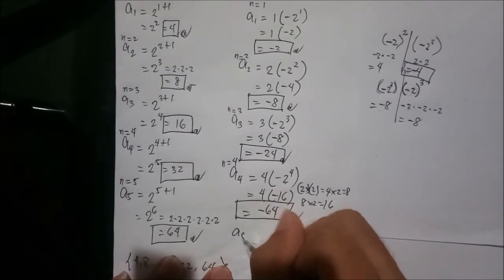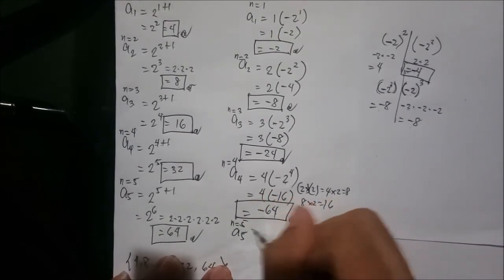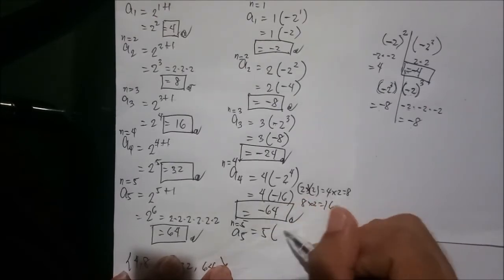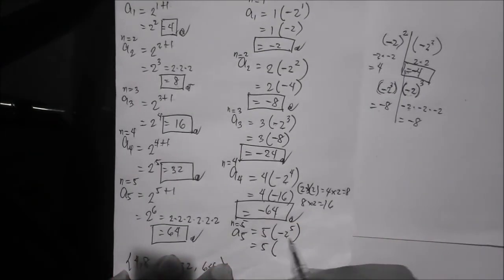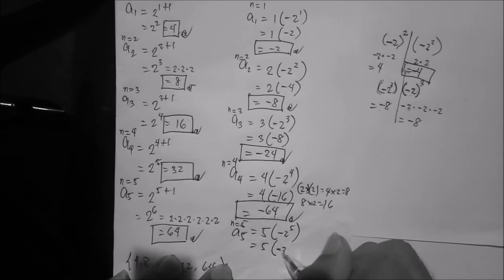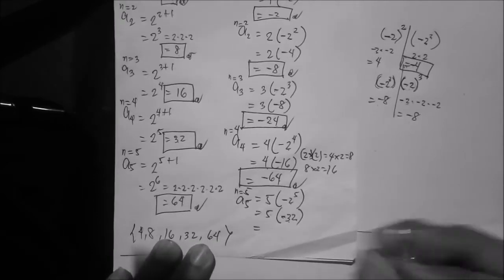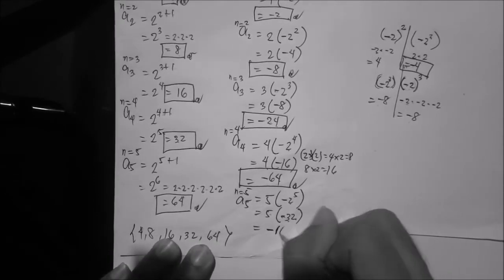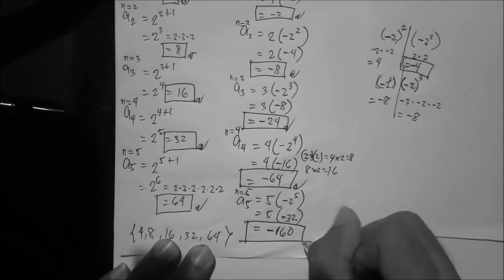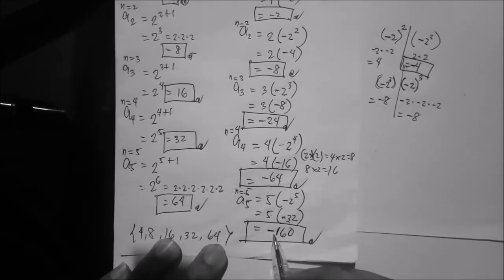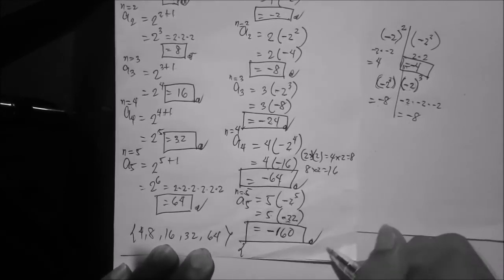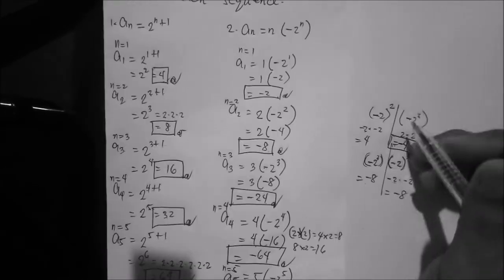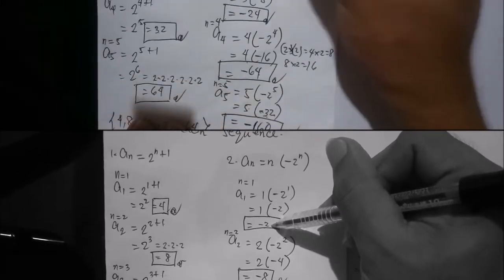How about a sub 5? n is equal to 5. 5 times negative 2 to the power of 5. 2 to the power of 5 is equal to negative 32. So 5 times negative 32 is equal to negative 160. So a sub 5, or the fifth term, is negative 160. So the first term is negative 2, and a sub 2, or the second term, is negative 8,